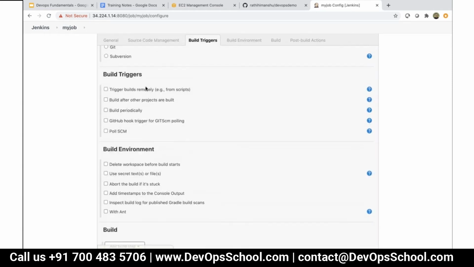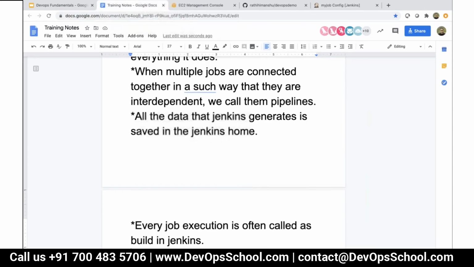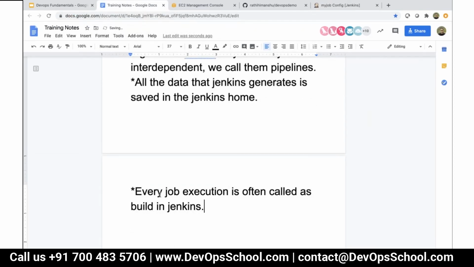Build triggers. Now a build trigger tells us who is going to execute this job. So there can be multiple types of jobs which are executed after a certain point in time. So you can create scheduled jobs. Once you create a scheduled job and you specify, okay, execute this job every minute, then this job will execute every 1 minute, whatever it might do. You want a job to be connected with the source code management, you can do that. And whenever something happens to the source code management, this job will trigger. So what is a trigger? A trigger will determine how a job build is initialized.